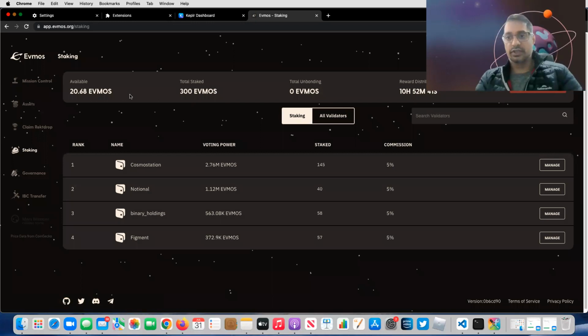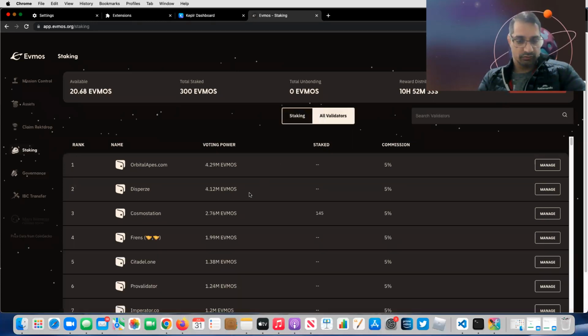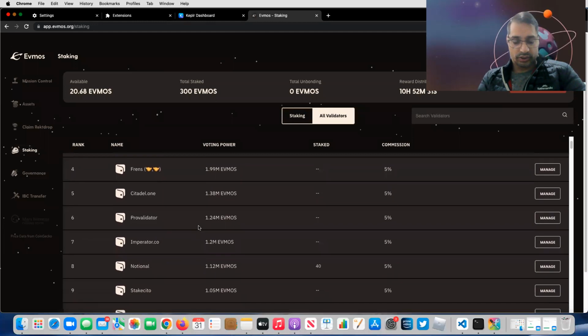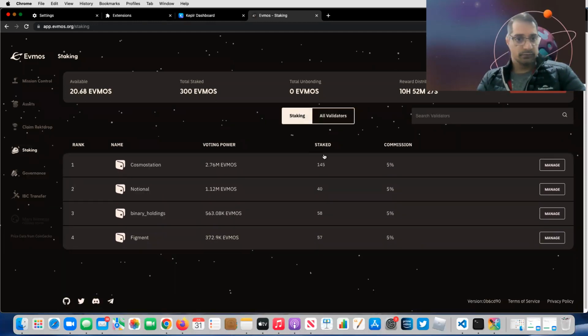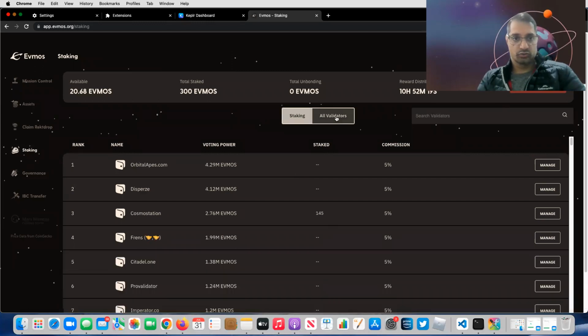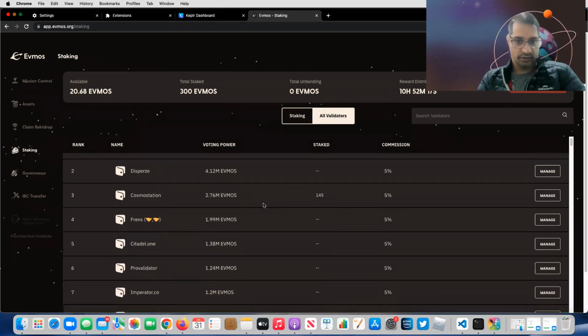So I want to stake this one as well. So let me click on staking and look at all validators. I can see the 4 validators where I'm staking currently. I can add more there, or I can stake to a new one. I'll choose to stake to a new one rather.